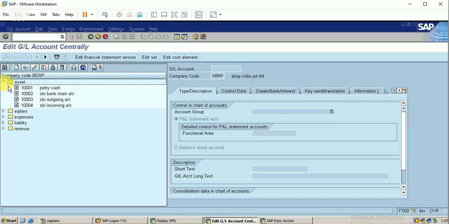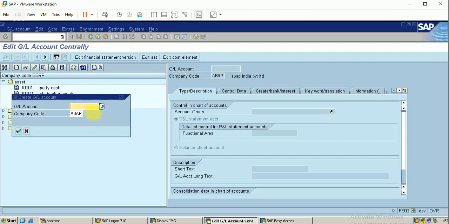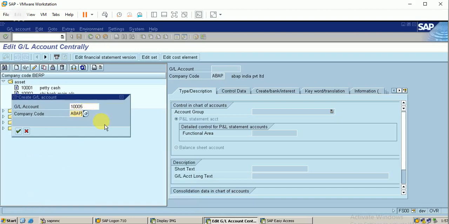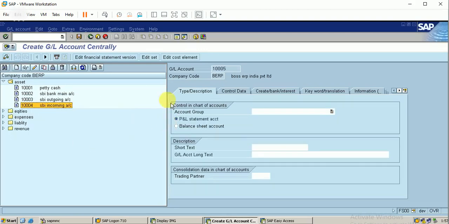It will display. Here I can create a new account for my customer reconciliation. We should be very careful while creating the account. It is a balance sheet account. It goes for asset. The account name is customer recon.